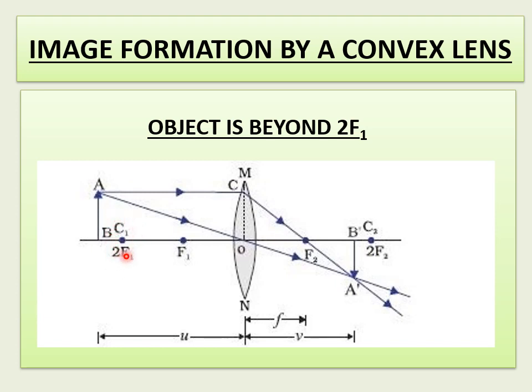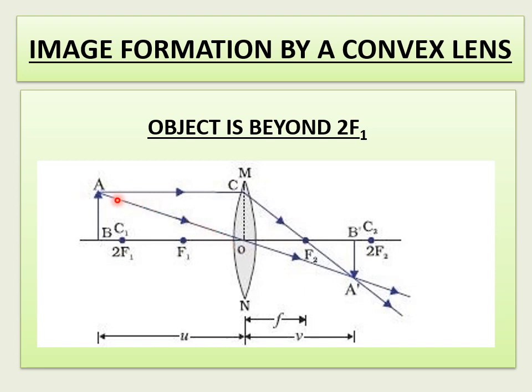And one thing you have to remember here, that the rays rules we have learned should be applied in this condition. So if a ray parallel to principal axis, so if this AC ray is parallel to principal axis, what happens here? After refraction through the lens, it passes through focus. So this is a ray which is passing through focus.